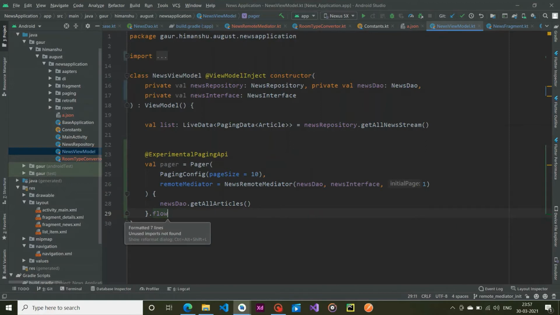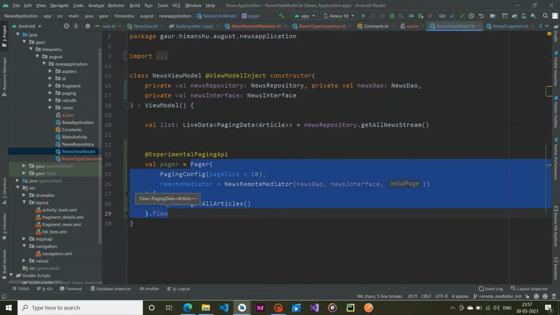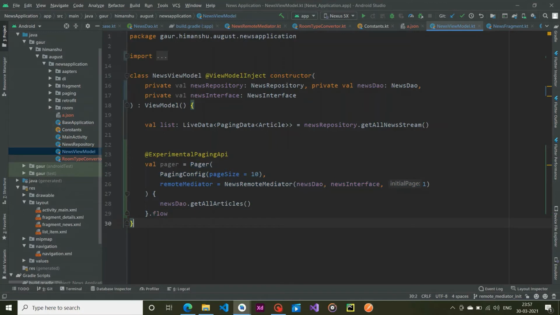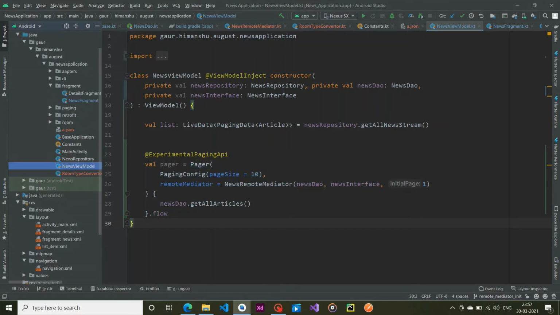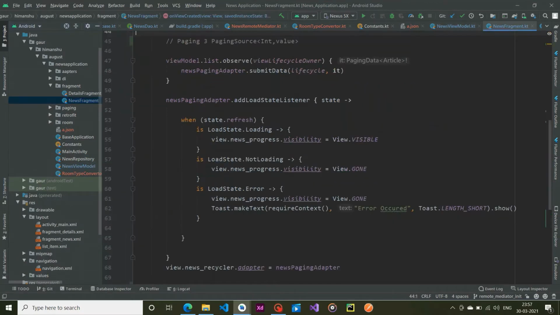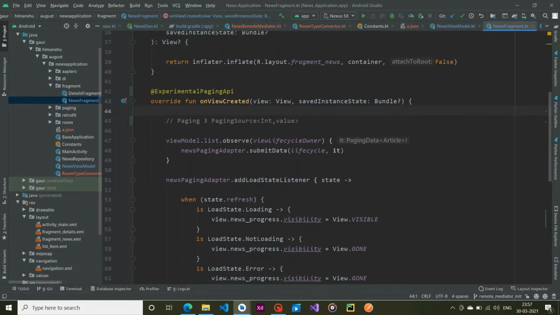So this is our pager, and if you check, it will return us a flow, which actually contains paging data, and our paging data will contain articles. All right, so now in our news fragment, this is our previous approach.